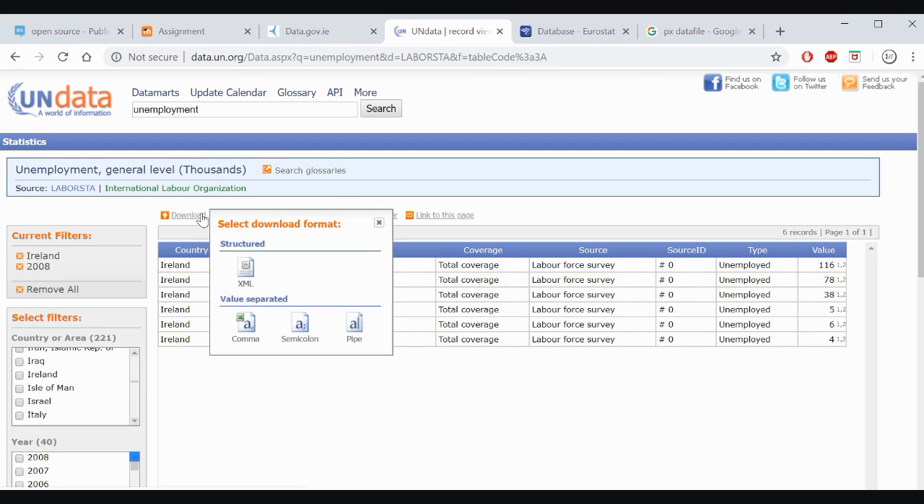Okay. Now let's say we want to download this file. Once again, it'll give us an option, and we can download it as a structured data source, as a comma separated value source, so we can do it as a comma or a semicolon and so on. So if we go back to the search engine,